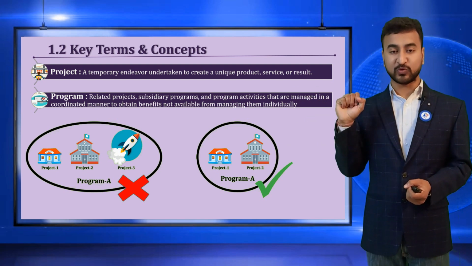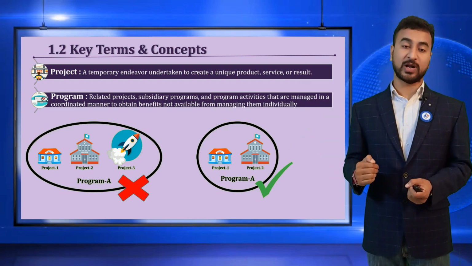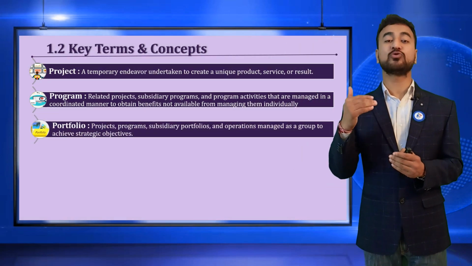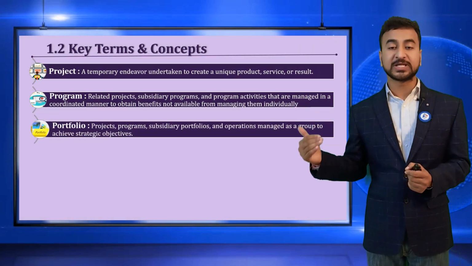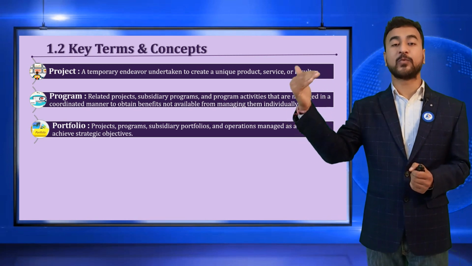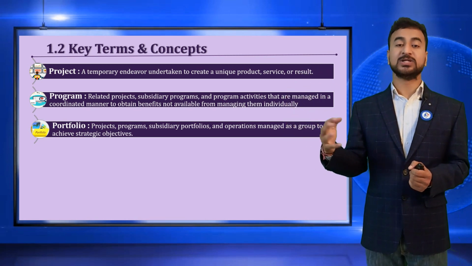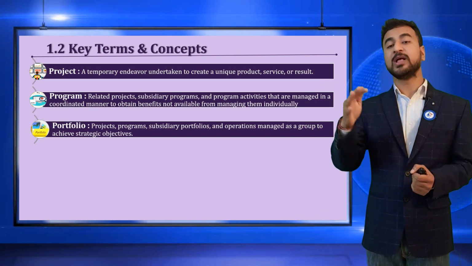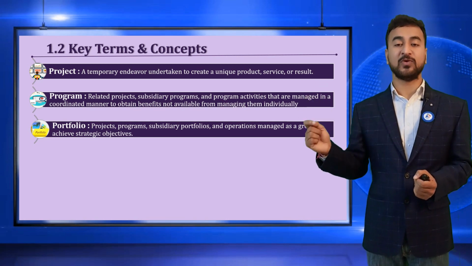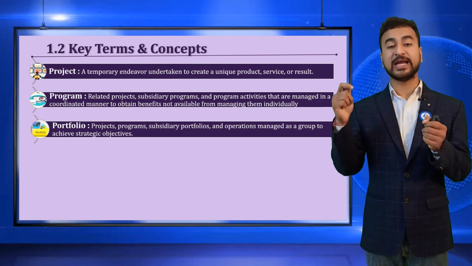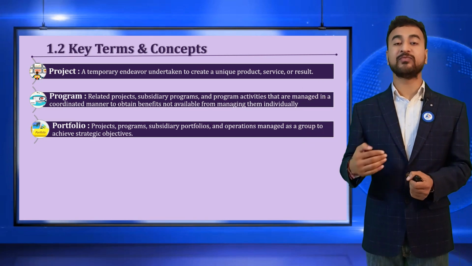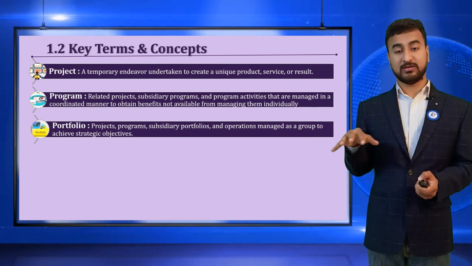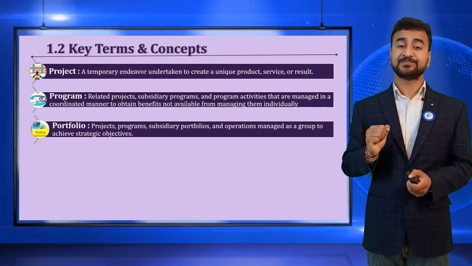So interrelated projects, I can group that, we call program. And the portfolio is the totality of organization investment. When I say totality, it's group, project, program, and the operation as well. So every single penny I have invested in different projects and programs counts at the portfolio level. That is how I invest money and how I get return from that. That is the portfolio. That is the very C-suite level that we call portfolio.